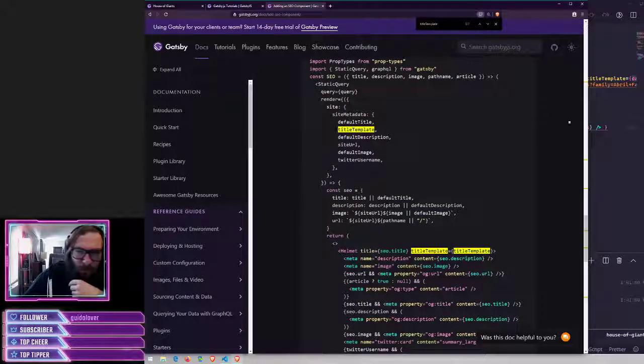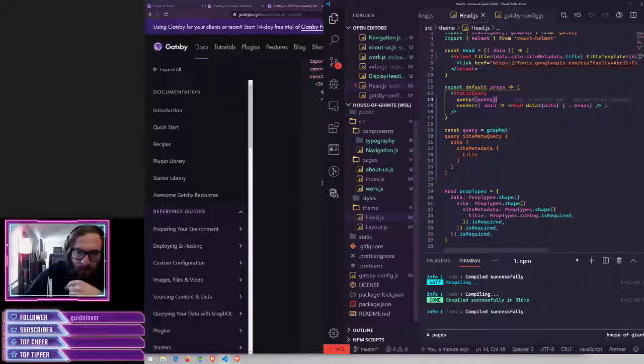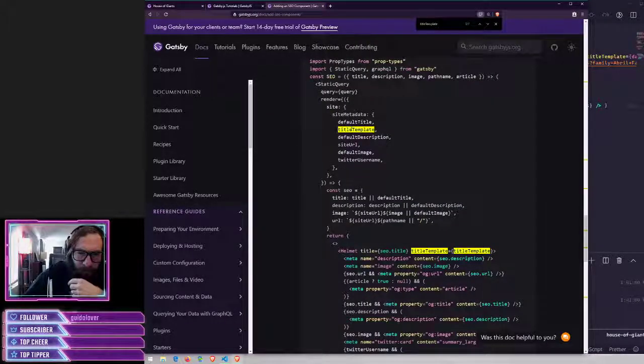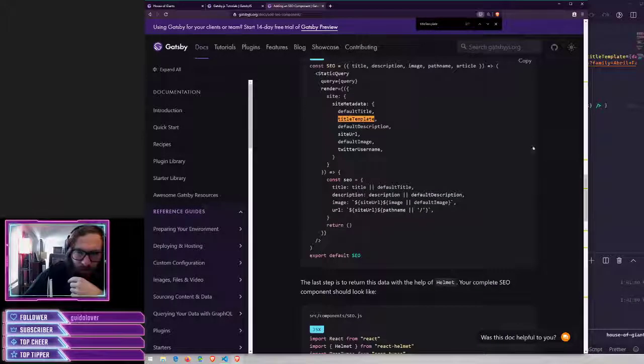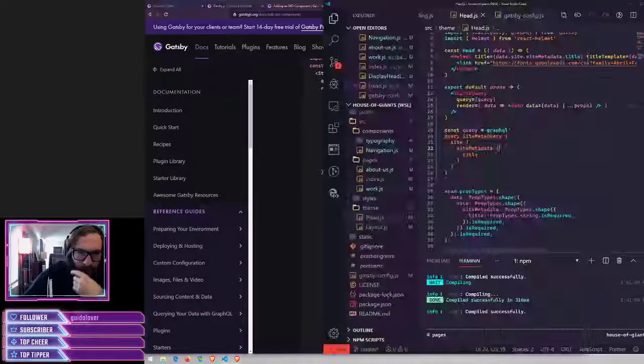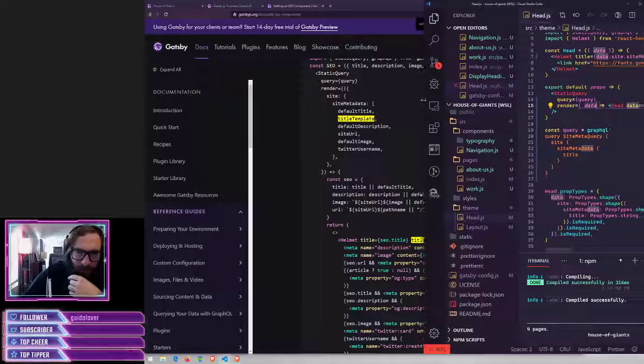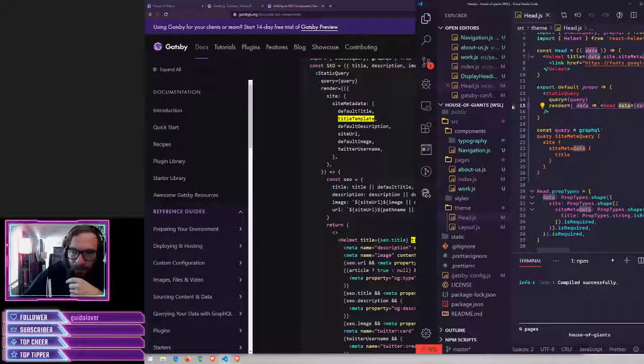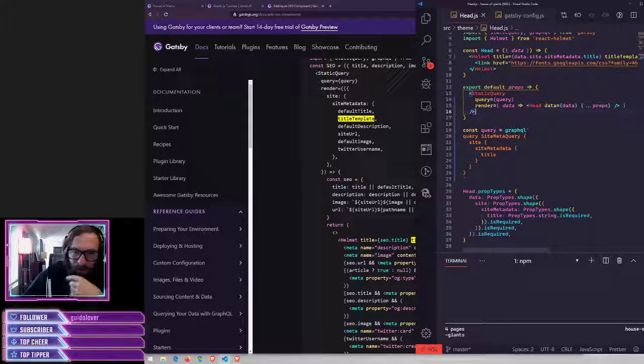Okay, so when they render on the query, yeah, they're essentially just destructuring this within the render method, which I guess that we could do. That just gives me a headache, though, looking at. So when we render